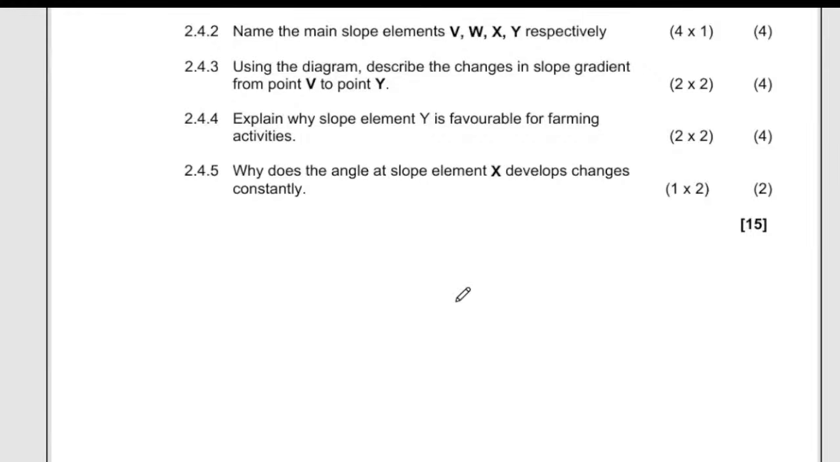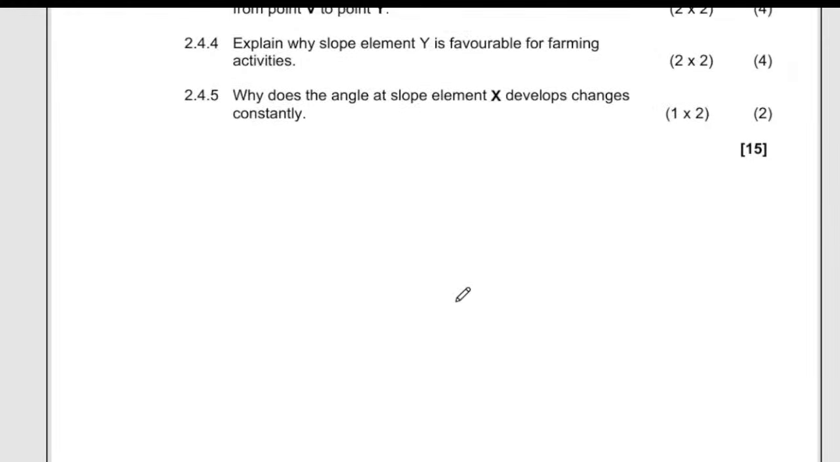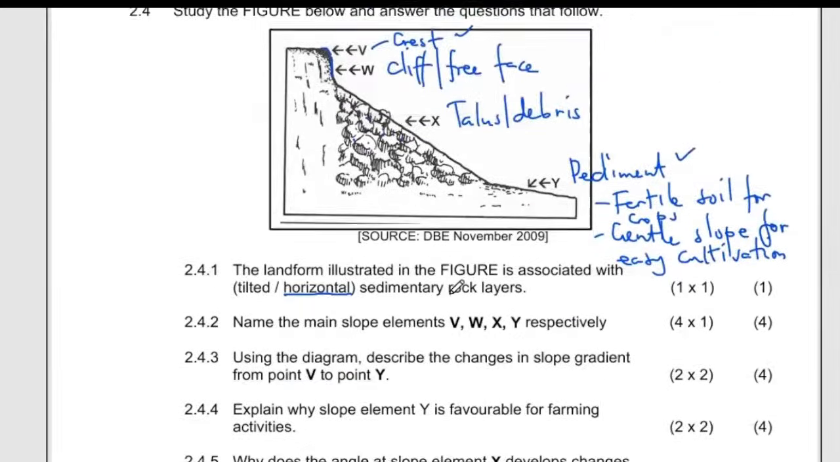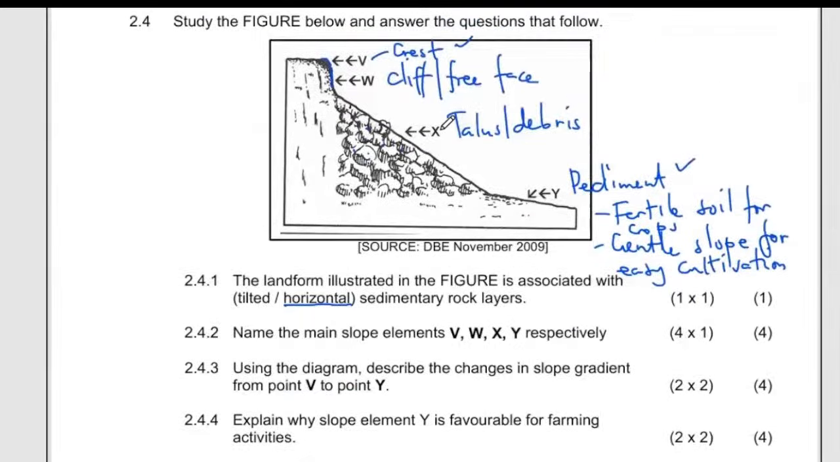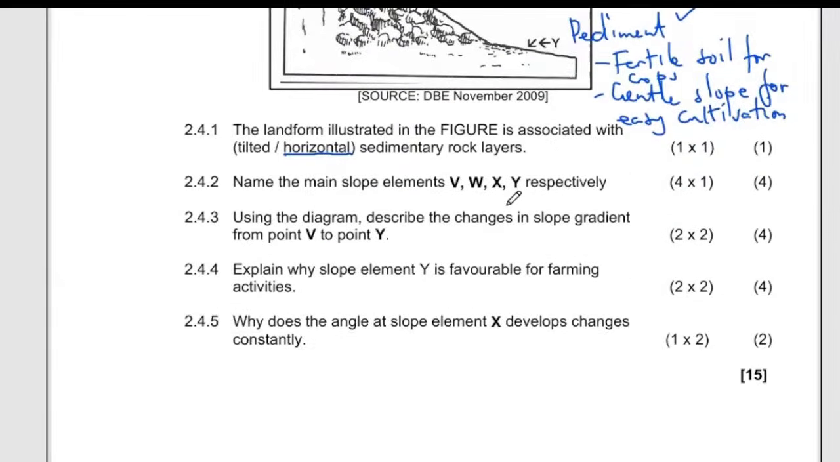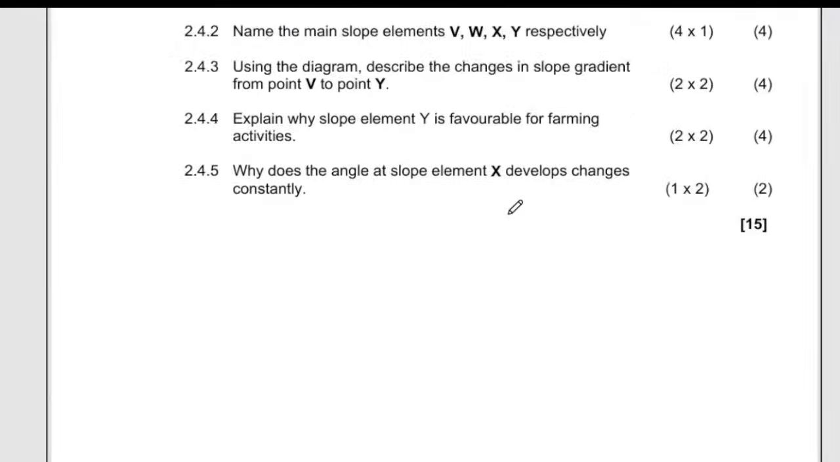Right, then number 2.4.5, why does the angle of slope element X change constantly? Let's look at X. We are looking at the talus here. We are saying it changes. Why does the angle of the slope element X develop changes constantly? Right, we'll just try to summarize why it develops changes. Element X here